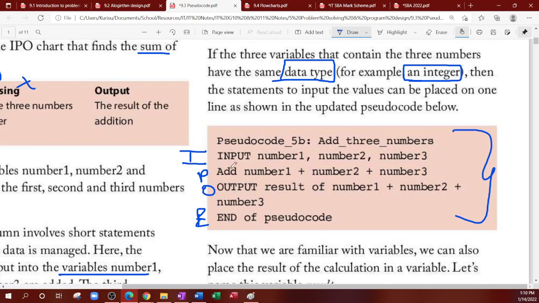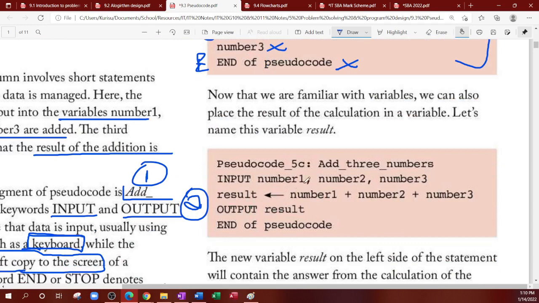So for those that are not answering, once again, you basically input number 1, number 2, number 3. You put in your 3 values. Next we have our processing. You add those 3 numbers together. Then you output the result of number 1, number 2, number 3. And then we end. Now the next example, remember it's the same pseudocode, but just that we are further refining